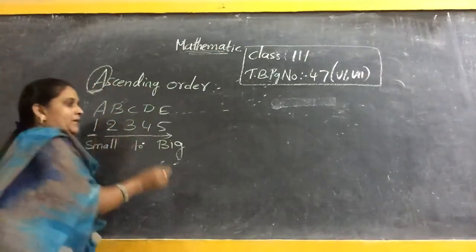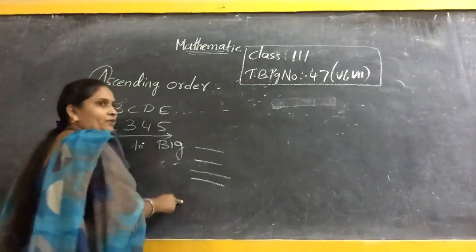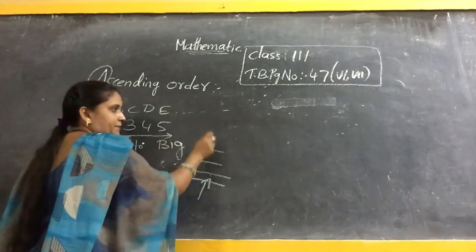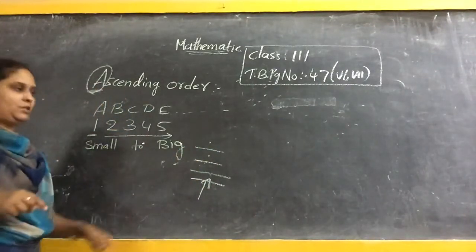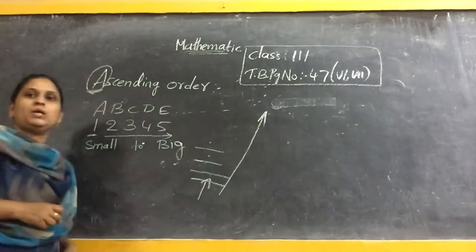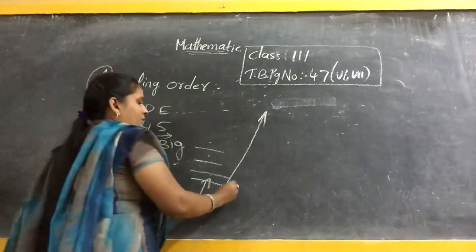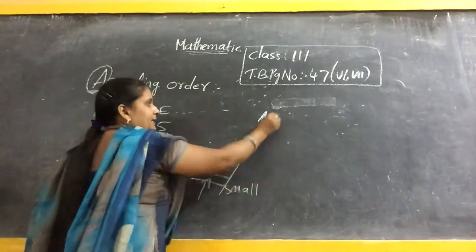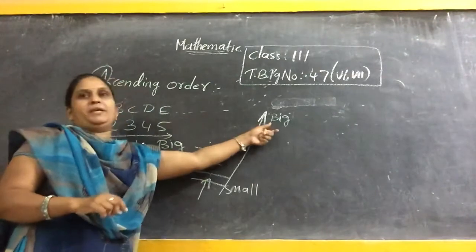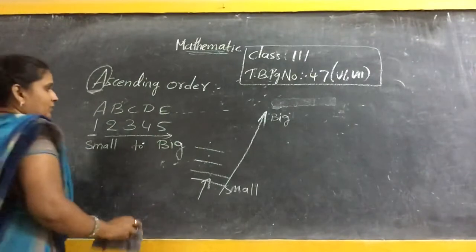See, while you are climbing upstairs, first what will you do? You will not come directly from up to down. From down to up will be the steps. Yes or no? We go upstairs like that only, going from down to up. It means arranging small number to big number will be called an ascending order. Now, based on this ascending order, I am going to give some examples.